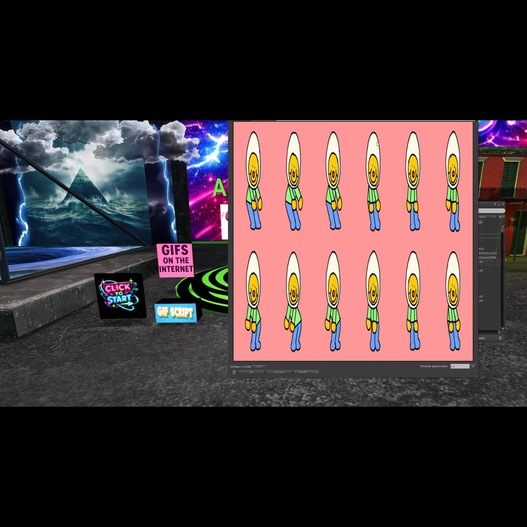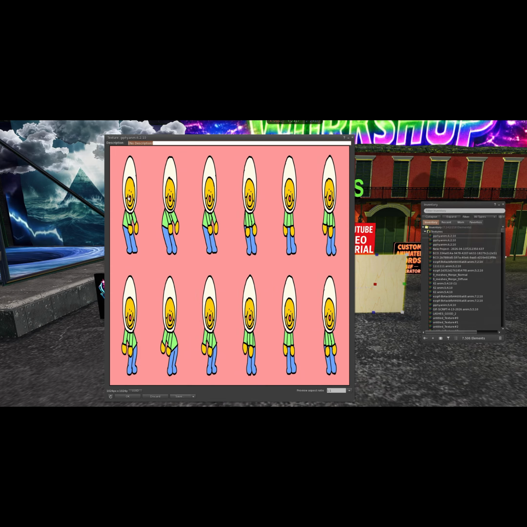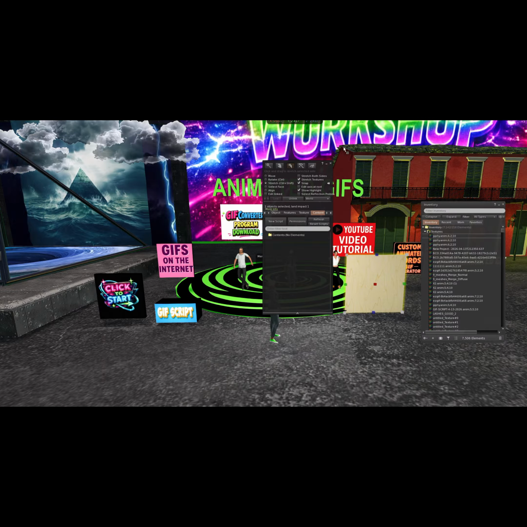So this is what your image will sort of look like. And what it does is it breaks down each animation cell and puts it on a flat image in World. And then we use a script to animate it. So it's almost like a flip book. Okay. Very good. So now we've got our cube